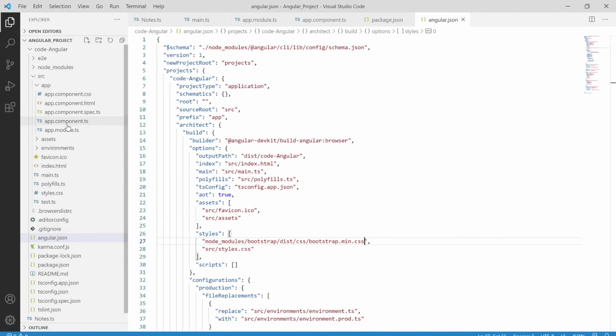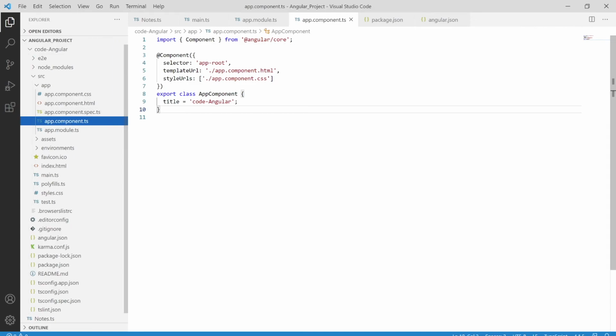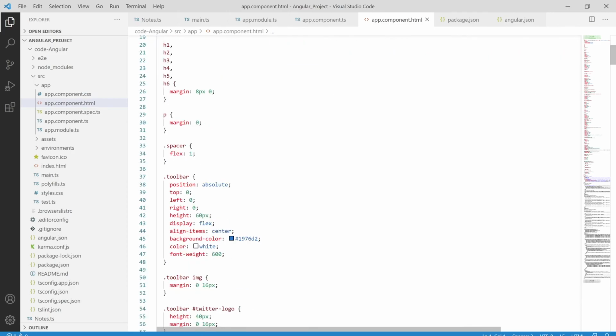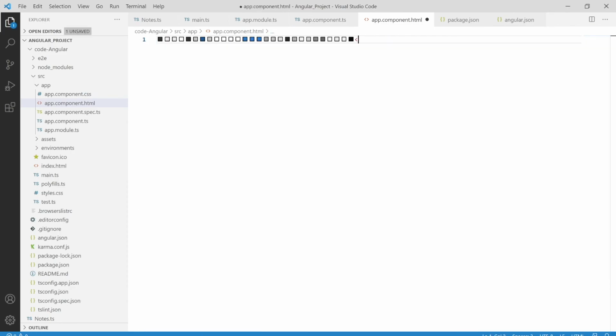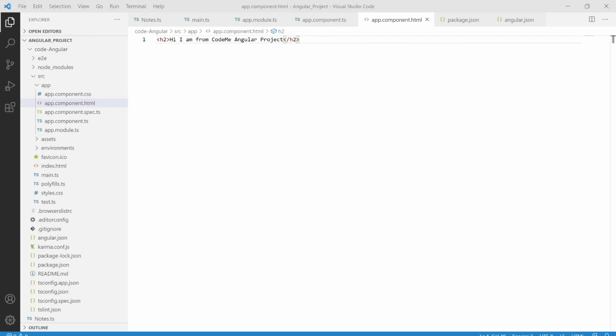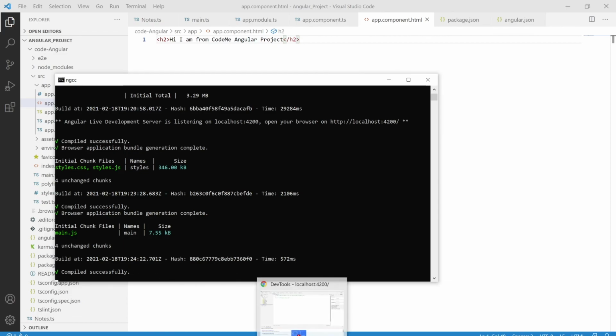And also I'm opening app.component.html, selecting all with Ctrl+A, and pasting an h2 tag: Hi, I am from CodeMe Angular project. So save it using Ctrl+S, and now as you can see, it's recompiling and compiled successfully.